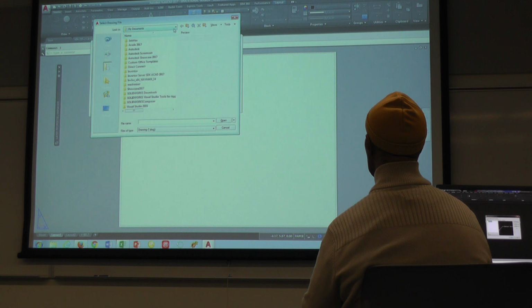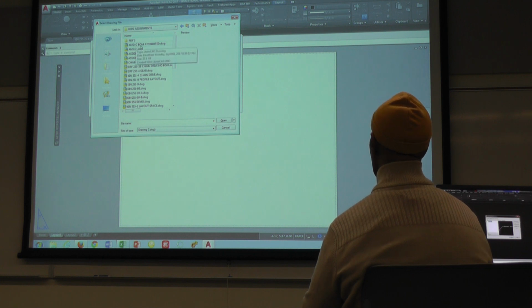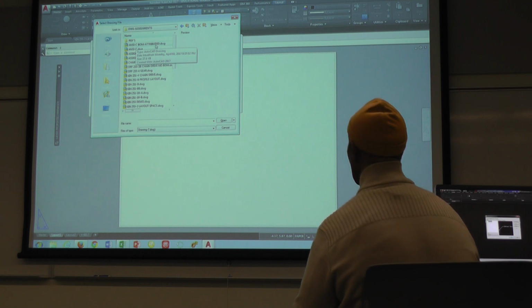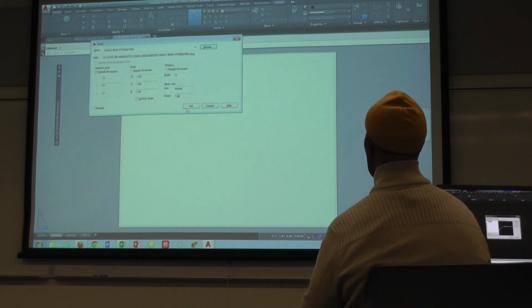You will not have this title block available to you yet. So I'm gonna have to make this available. So I'm gonna go find my little title block here. I will put this up on D2L and make it available. So there's an NCC with bill of material, BOM, attributed file. I'm gonna open this up and I'm gonna check mark this and I'm gonna specify that it comes in at